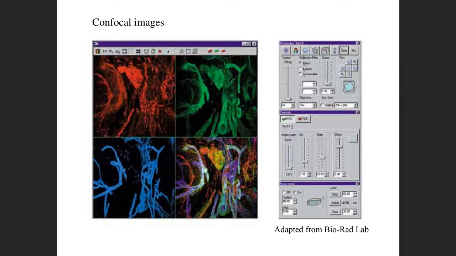If you keep zooming in, you can actually see how closely the two molecules are aligned to each other. And so this is fluorescence and the confocal